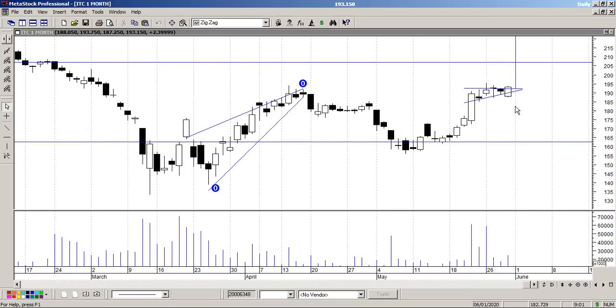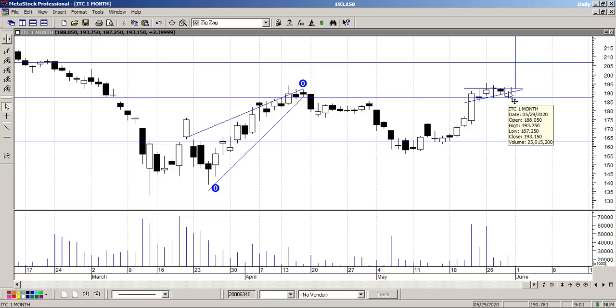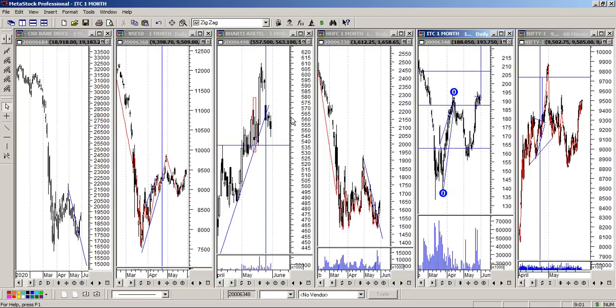Now, if I'm buying at somewhere around 193, this one is a very beautiful stop loss of mine. Just the low of this bar by closing. This low is like 187. So if it closes below 187, I will get out. I can take a naked 190 call. I can do a call spread. I can do a hell of a lot of different structures in options if I'm going to trade this. So this is how I am following one of the trades from a peak and trough structure.